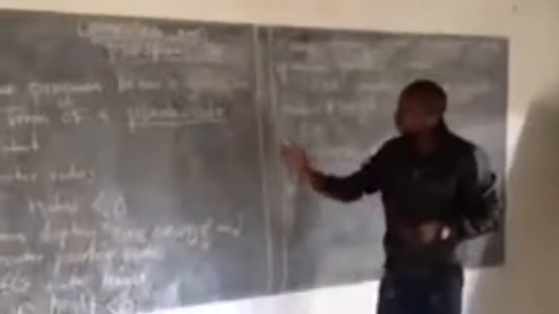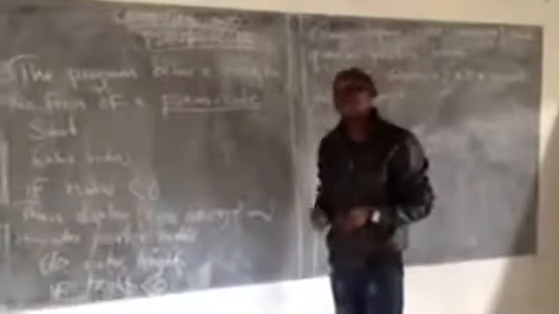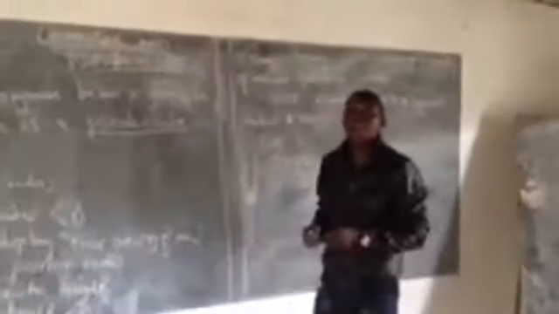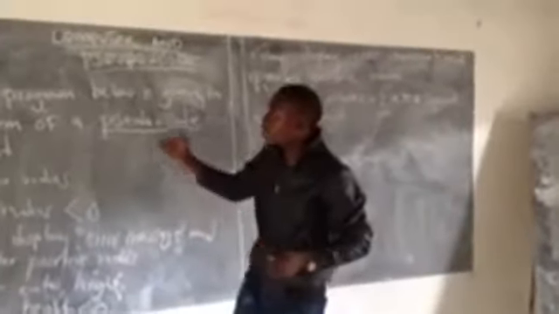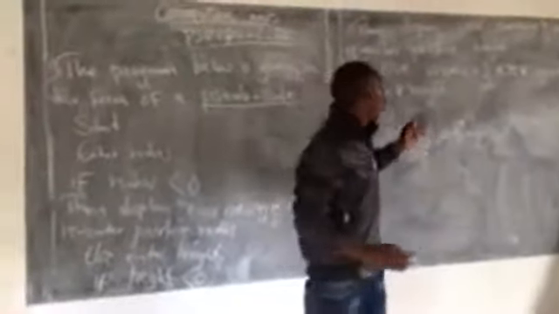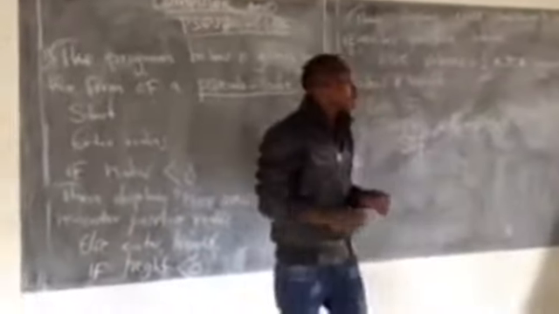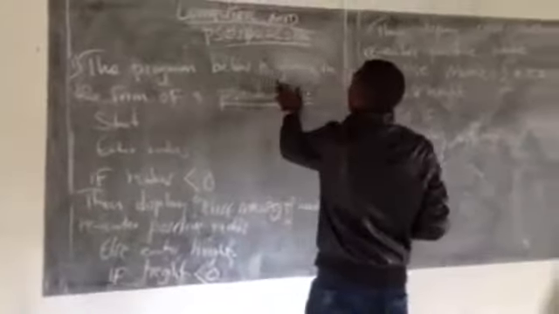Now, as you are solving computer and pseudocode, always when you are drawing a flowchart, there are 4 types of boxes that you have to know: the starting box, the entry box, the decision box, the storage box, and the stopping box. As we solve this question, I'll be explaining how you are supposed to use each of those boxes.